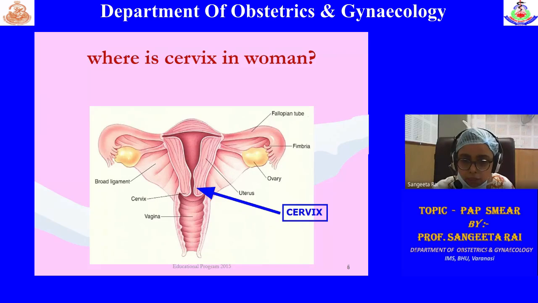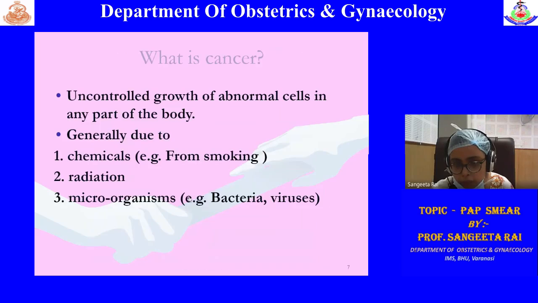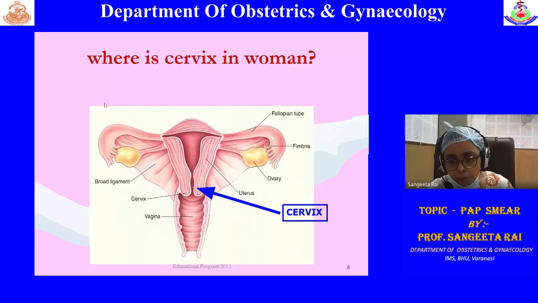And this line, the original squamous epithelium, if it is inside, in the reproductive age group, you know that due to the action of the hormones and the growth of the uterus, there is a hypertrophy of the cervix. So the endocervix protrudes outside. What is happening is that the part of the endocervix which is protruding outside is exposed to the vaginal fluid, the lactobacilli, and all the pre-invasive risk factors which lead to carcinoma cervix.